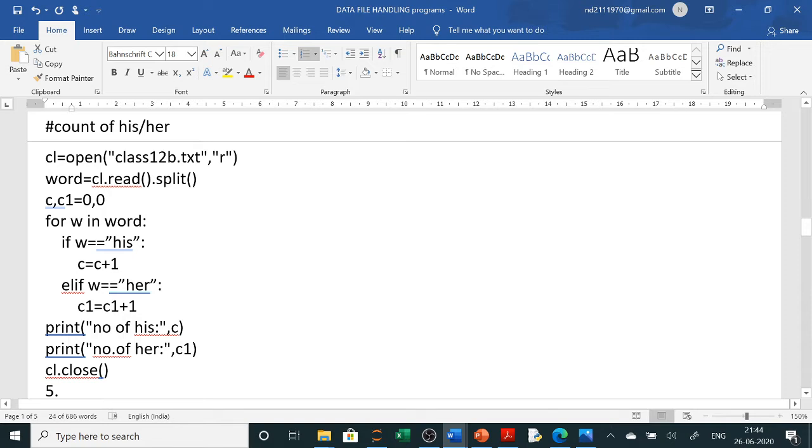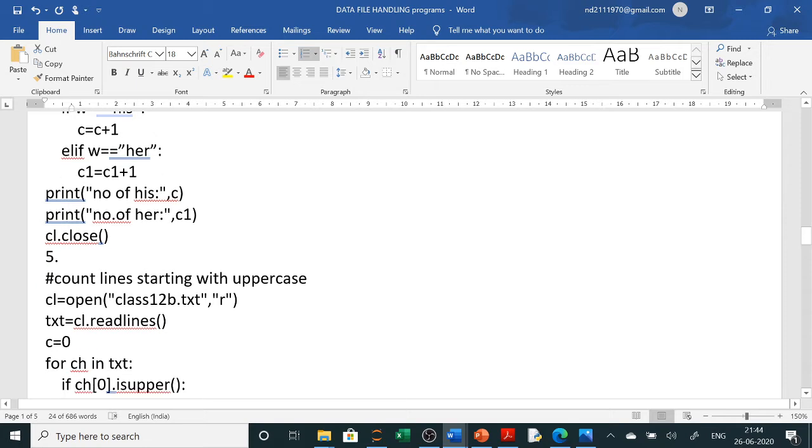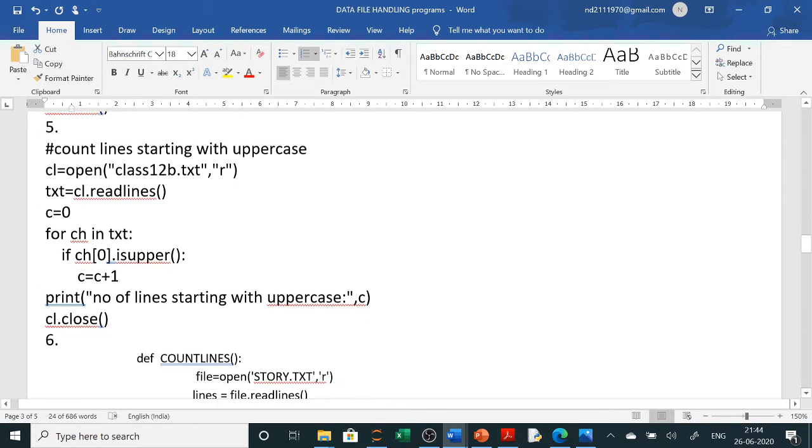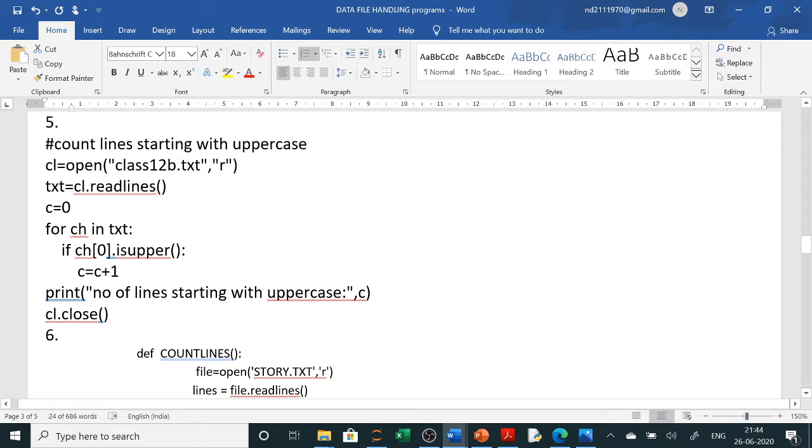Now the words are stored, and I access them one by one and check if it is his, then it counts in C, and if it is her, it counts in C1. It prints the number of his and the number of her. You can see it practically also. All the questions of the text file, you have to write in your practical copy.